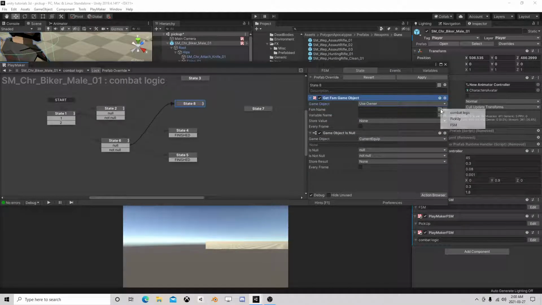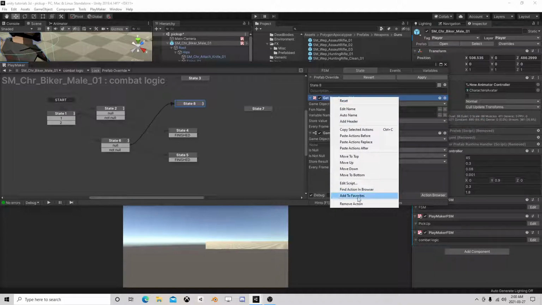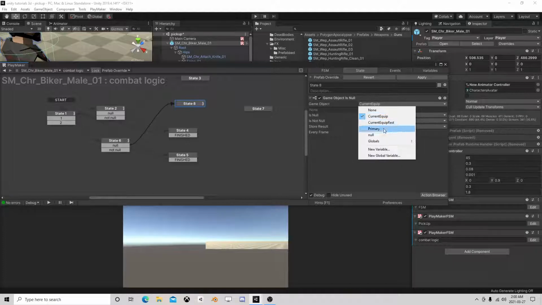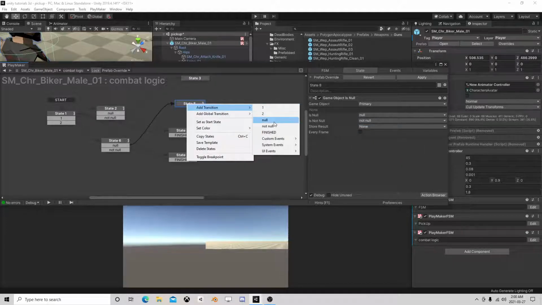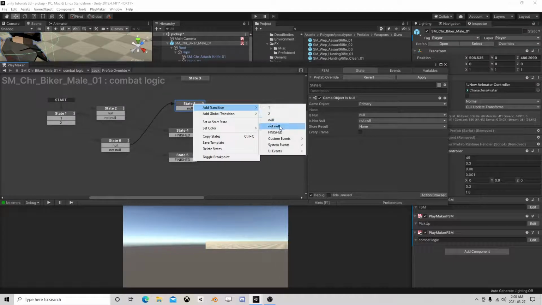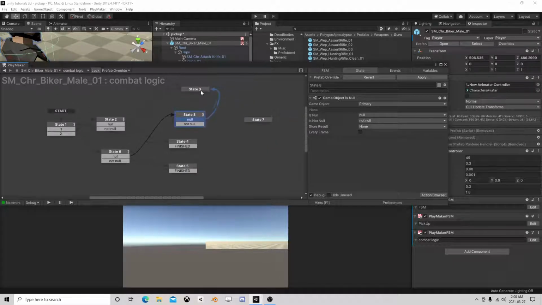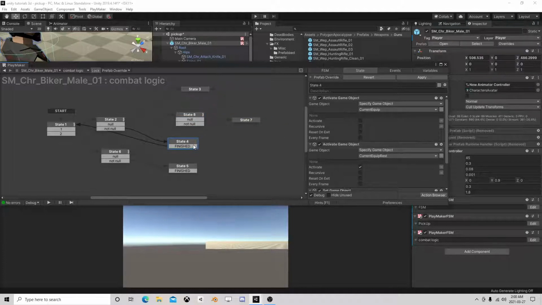So we are going to pick up, oh yeah, that's right, we put it over here as is. So okay, is primary null or not null? If it's null, we're not going to do anything. If it's not null, then the current equipped is now going to be primary,